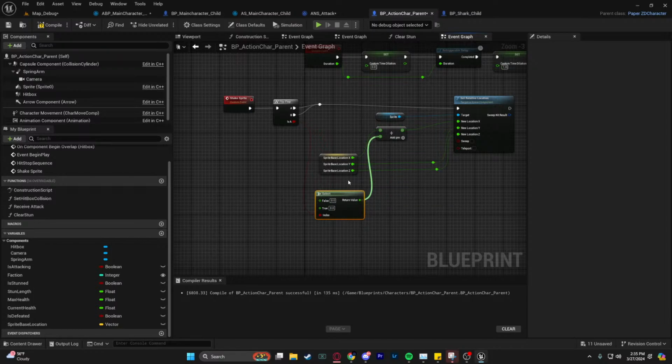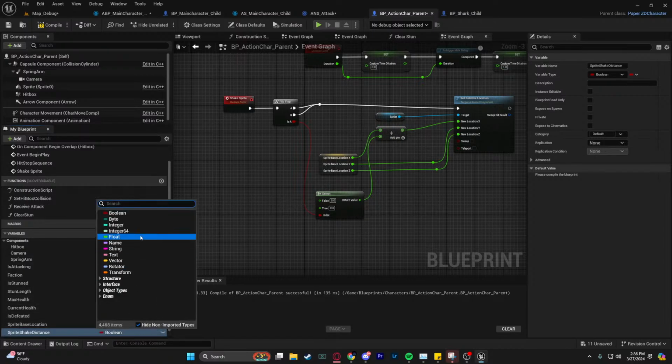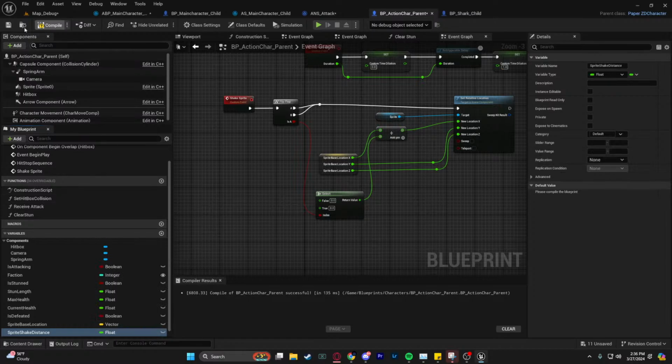So we want to make this a variable. So we can make another variable and just call it sprite shake distance and turn this into a float and compile and save. And I actually don't know what a good value is right now. Let's just try 5 and we'll see later. And yeah, so if we are in A, I just